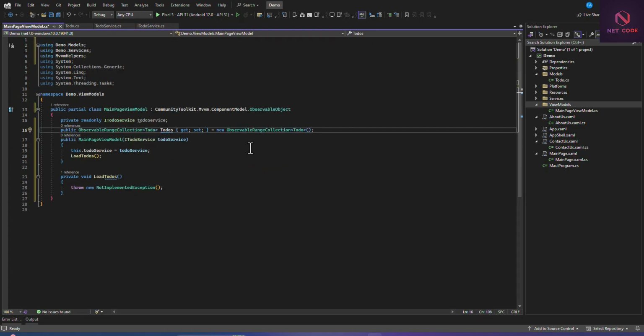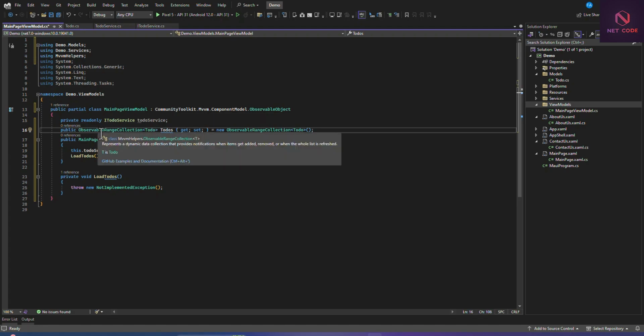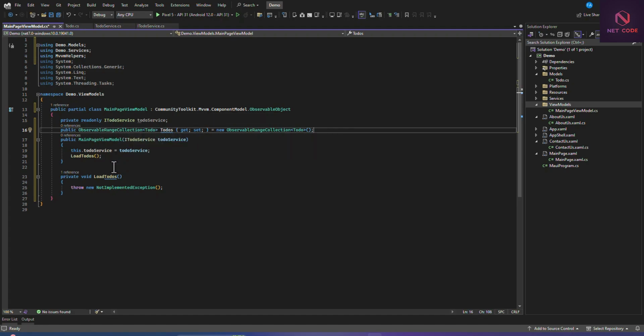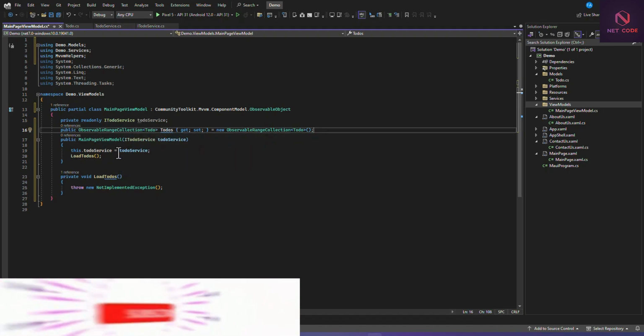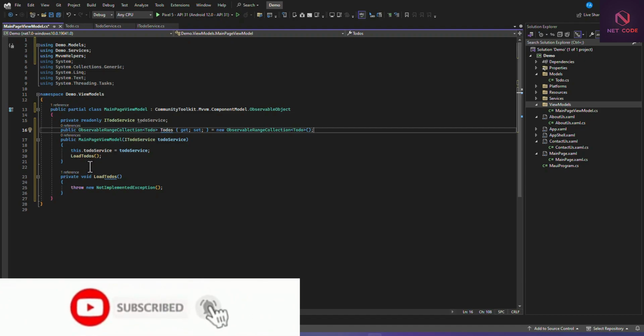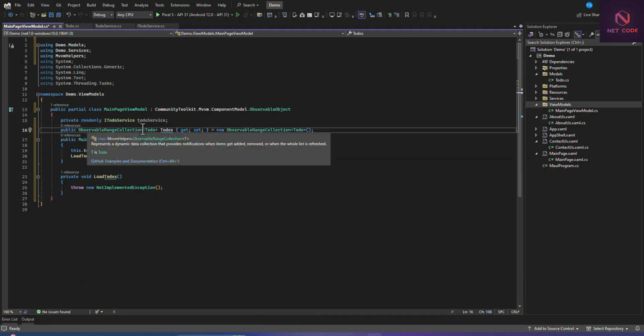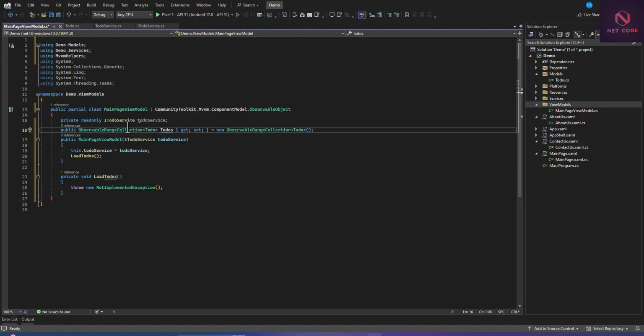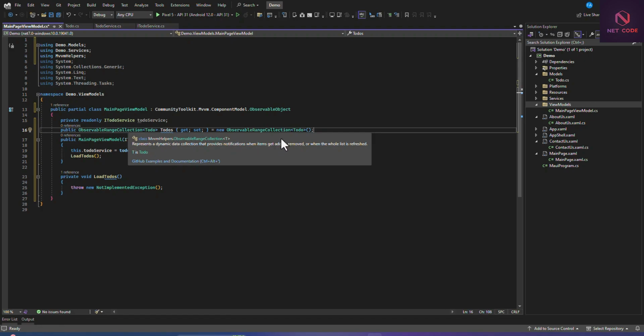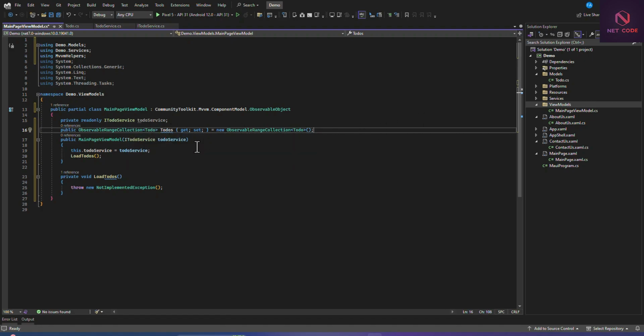Okay, so the reason why we are adding ObservableRangeCollection is, now you know when you install the CommunityToolkit.Mvvm, it supports observable collection, and in case we get data from the API, when using the collection we have to loop through by using the foreach and add it one by one to the list here. It's going to waste time, so that's why we're going to use this helper. Now this helper, you can use AddRange, ReplaceRange, and a whole lot of stuff in this. So thanks to James Montemagno who created this package, and it's very helpful as well.